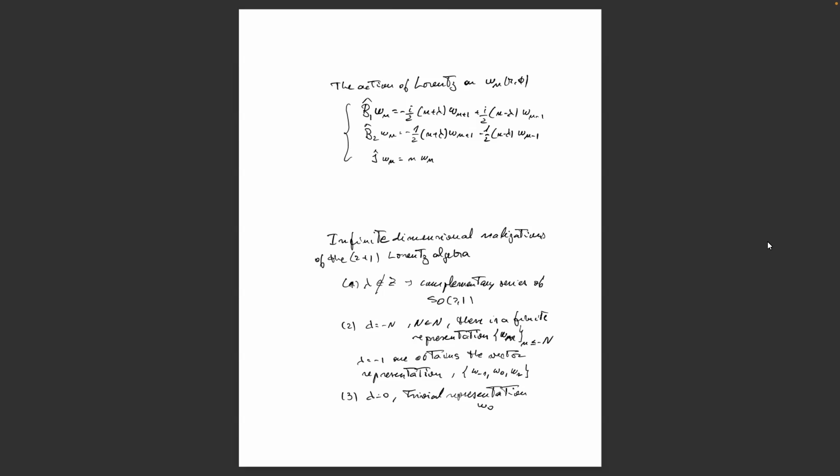Therefore, we have here, in principle, an infinite dimensional representation. And I make some comments about it. When lambda is not an integer, it is an infinite dimensional representation that is known in the representations of SO(2,1) as the complementary series. When we take lambda to be an integer,